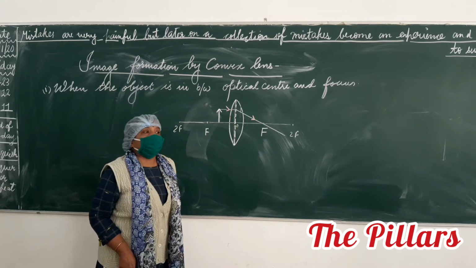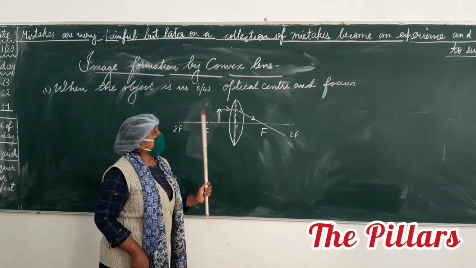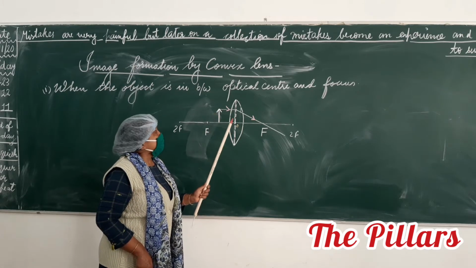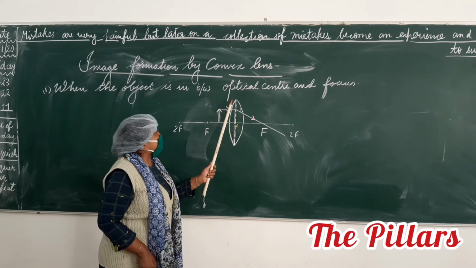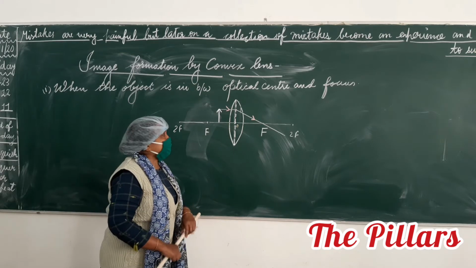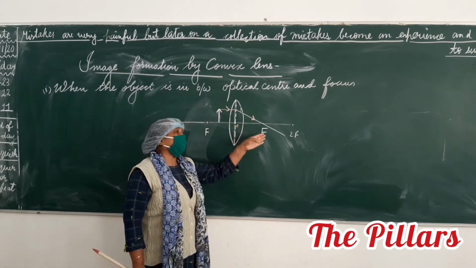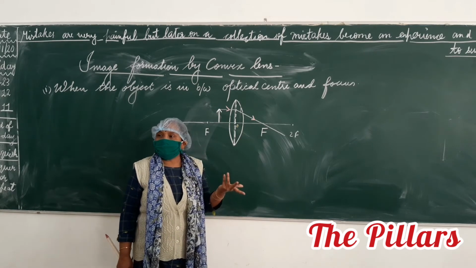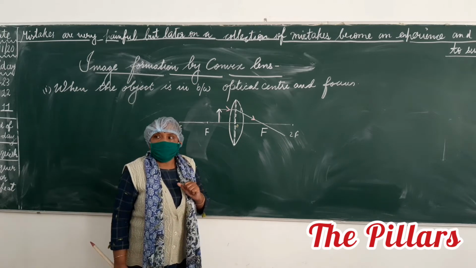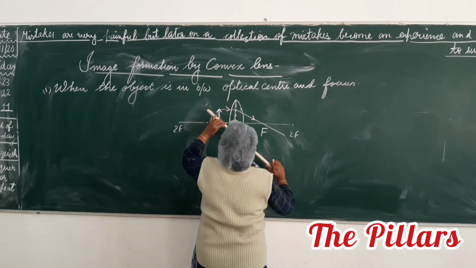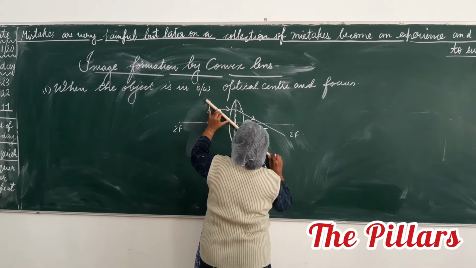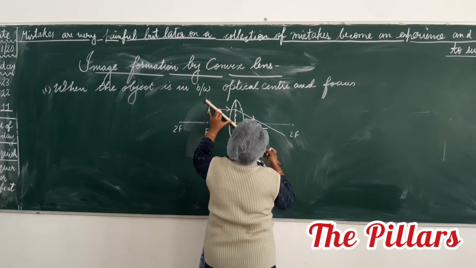Second ray you take. Light deviates from the center, but it can also deviate while entering. I had told you yesterday also that refraction will take place at any point. But tell me, if it is from any point, will you be able to draw this ray diagram? No. Because for the sake of uniformity, we have to choose some standard. Then the other ray you take from optical center.